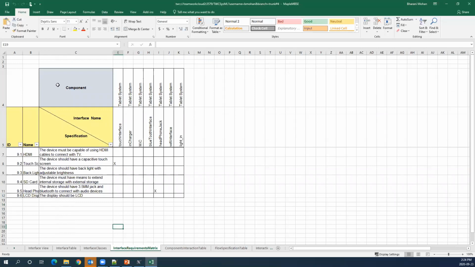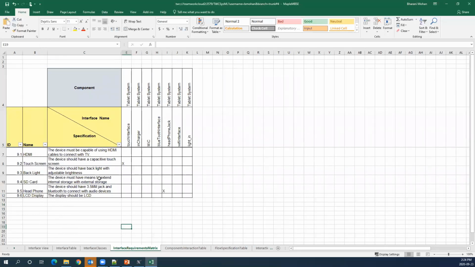And here, this worksheet is displaying the list of requirements, specifically the interface requirements. Here you're seeing the tablet system and the different interfaces. By interfaces, again, I just mean the ports. For example, for the tablet system, I want to create something for the HDMI.